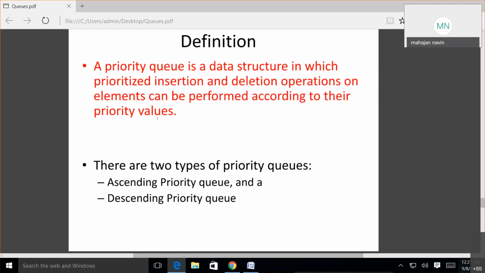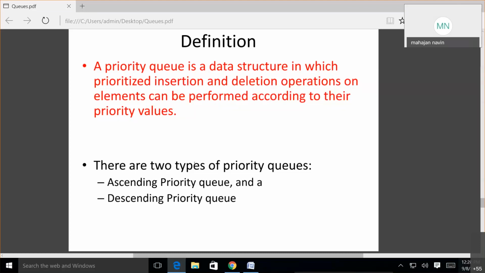One way is you can enter elements, and associated with those elements you can insert also priority. Otherwise, the other way is you insert elements, and elements themselves will carry priority. Suppose we consider the second example: element values intrinsically have some priority.